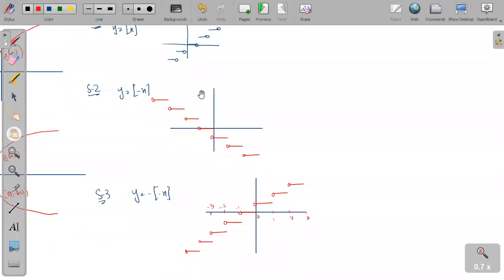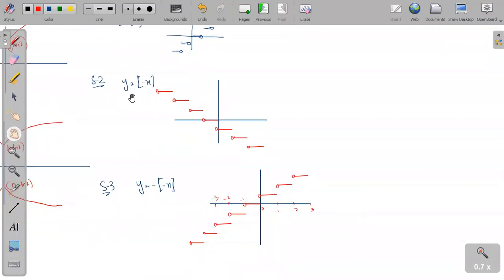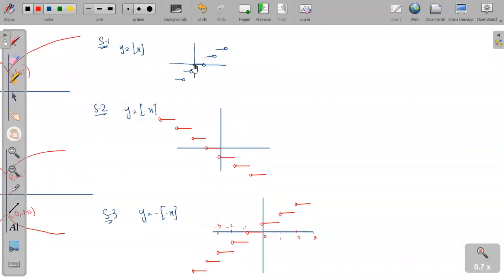So you just need to understand the points only. Step 2 is what? Replace x by minus x. So that means take the image of the complete graph about y-axis. I have taken it here. Now after step number 2, we have to move to step number 3. That means again take the image of the complete graph about x-axis. Now about x-axis I am taking. This part will be moved here. This part will be moved here. This part will be moved here. Understood? Understood, sir. Any more doubts?